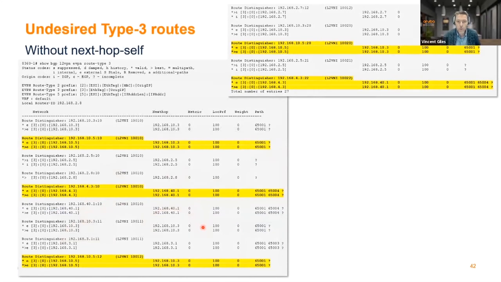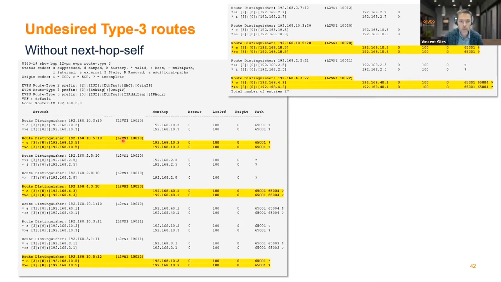If we do not have that filtering in place, which is what I did here, I was not using the natural way of external BGP next-hop-self. I was doing next-hop-unchanged on purpose to show you what happens. So I would have those route type 3 still being sent.